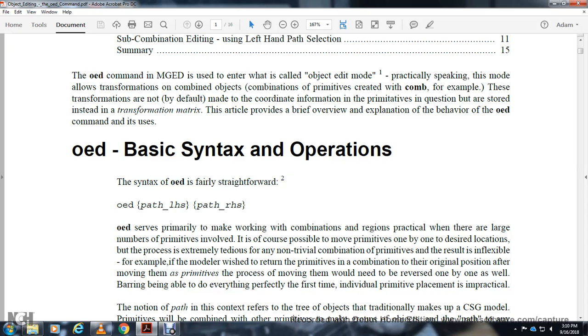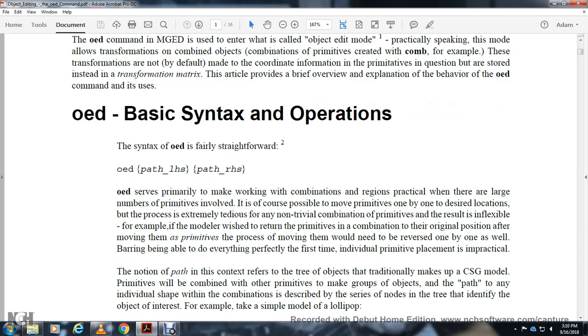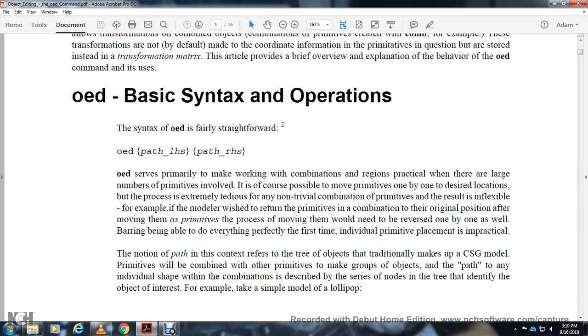For example, if the modeler wished to return the primitive in the combination to the original position after moving it, the moving would need to be reversed, and only one as well. Barring being able to do everything perfectly the first time, working on an individual primitive is impractical. The notion of the path context refers to the tree object, the traditional make-up of the